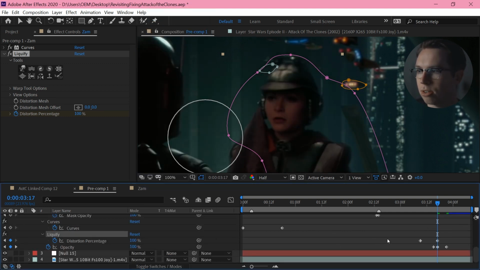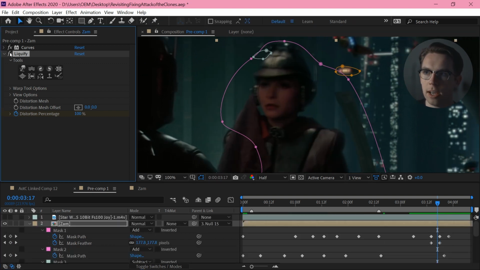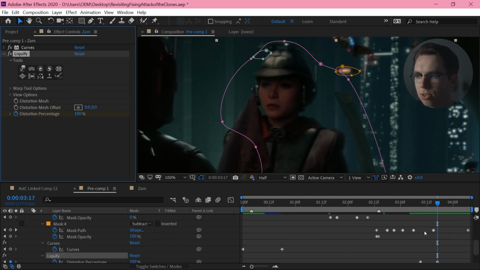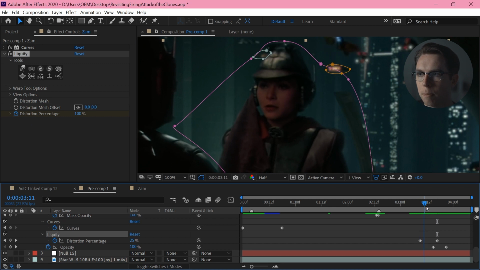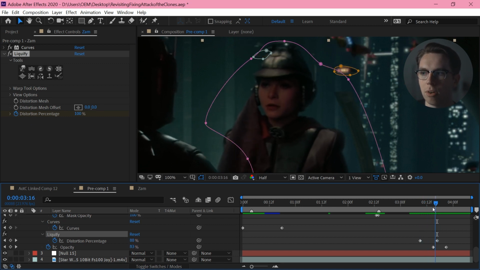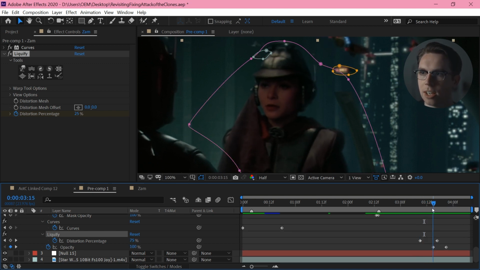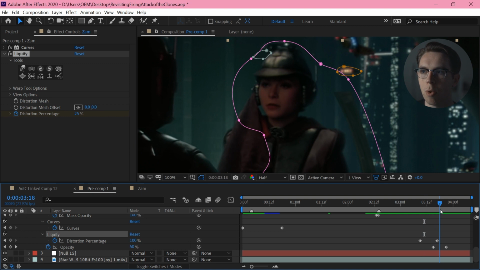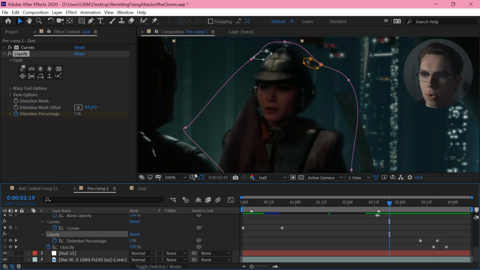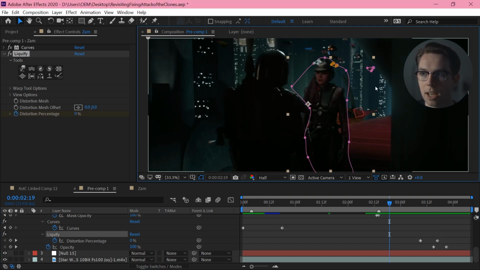And I think I've actually just improved that a fair bit. So, without liquefy and with liquefy. And the great thing about liquefy is you also get this distortion percentage, so I can actually fade that up over time. It is a little weird. It does have that look of morphing. If you really look at it, you can see her sort of warping back into place. But it is a nice way of merging two takes without ever having a single obvious cut point.